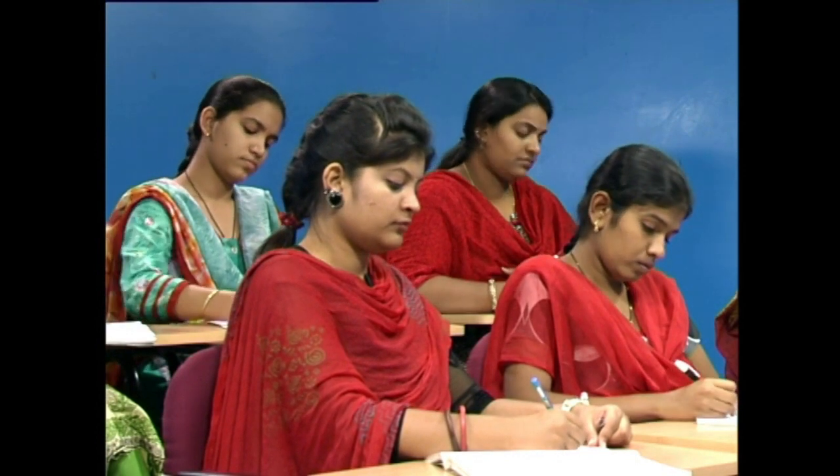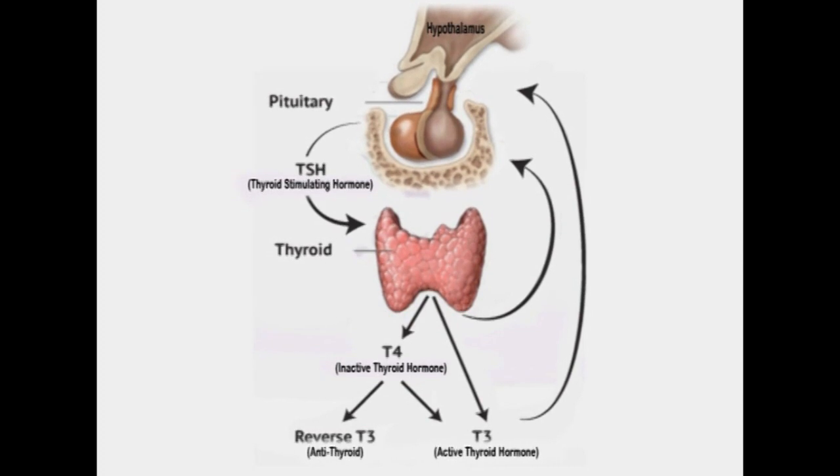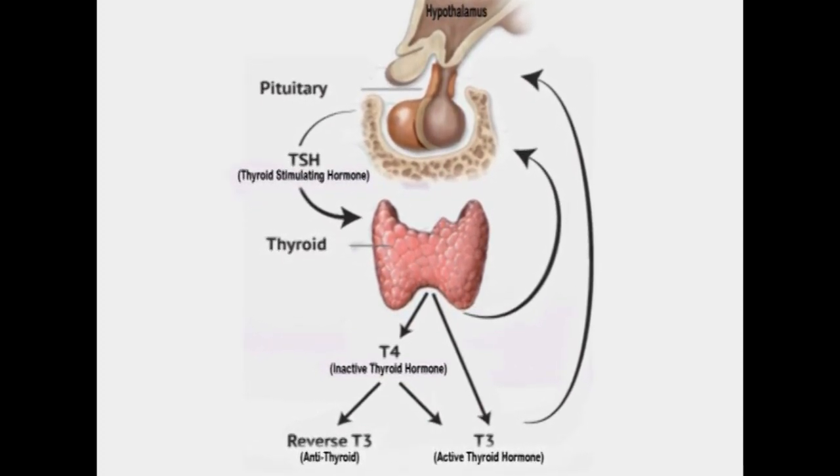Since the pituitary gland would normally release TSH if the T4 is low, a high TSH level would confirm that the thyroid gland and not the pituitary gland is responsible for the hypothyroidism. If the T4 is low and TSH is not elevated, the pituitary gland is more likely to be the cause of the hypothyroidism. Of course, this would drastically affect the treatment since the pituitary gland also regulates the body's other